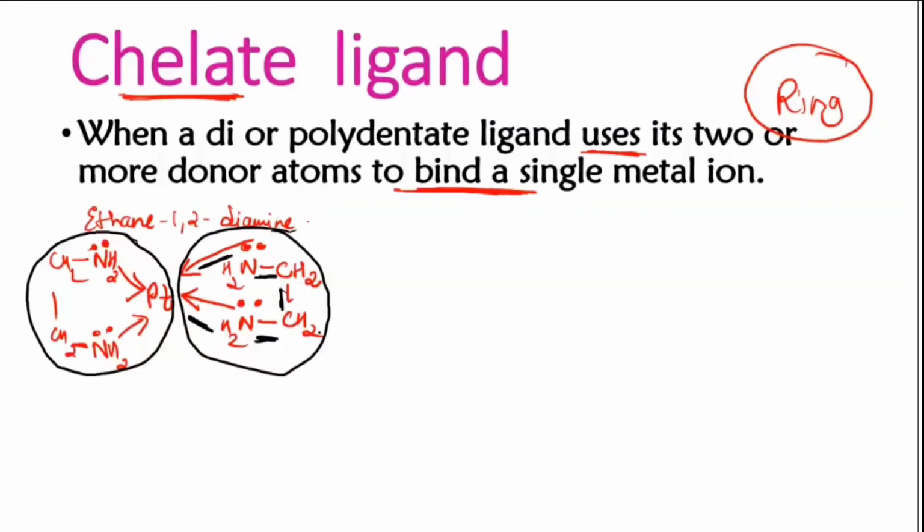I believe you understood what is chelate ligand. Chelate ligands are the ones having 2 or more than 2 donor atoms. When they bind with the metal, they will form a ring-like structure. With monodentate ligands, they can't. If platinum is linked with 4 chlorine atoms, this is how they can link. Platinum can link with chlorine atoms in this fashion. They can't form a ring. This doesn't give rise to any ring-like structure. They will just give you a normal structure.